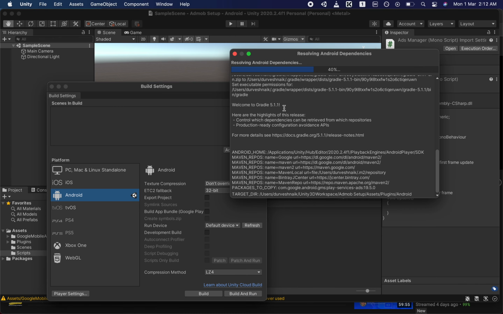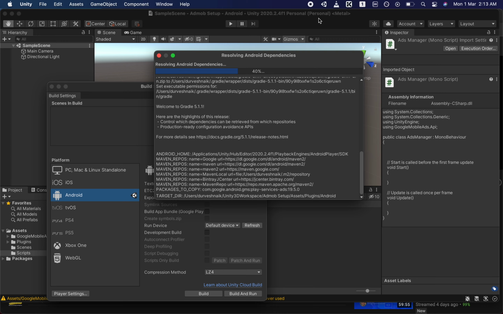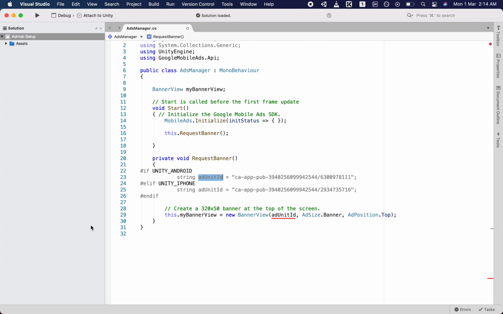Now, meantime, while this is happening, once you switch to the Android platform, click on AdMob again. Then the ad unit ID should start showing up here and this should get out of gray out and it should work.